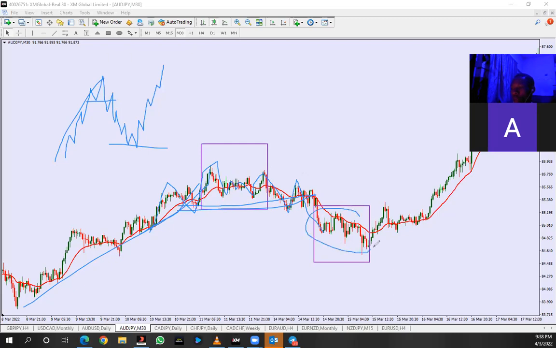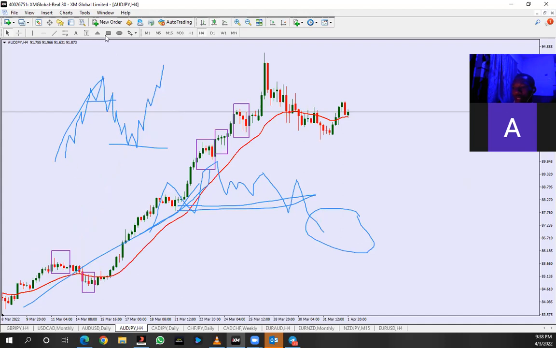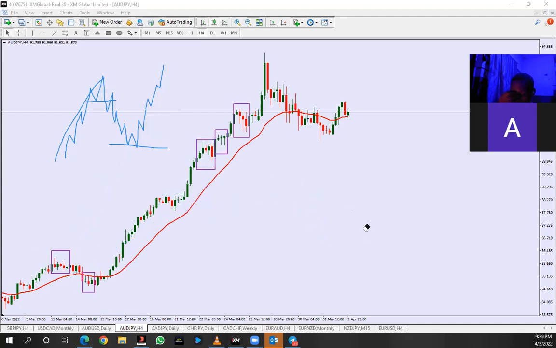If you go down to the 4 hours, let's see if there's a 4-hour touch there. If price actually touched the 4-hour moving average, okay, that is it. Can you see what price did? Price touched the 4-hour moving average. This is the 4-hour moving average here. This is the level we are looking at, this particular point here. And what happened?